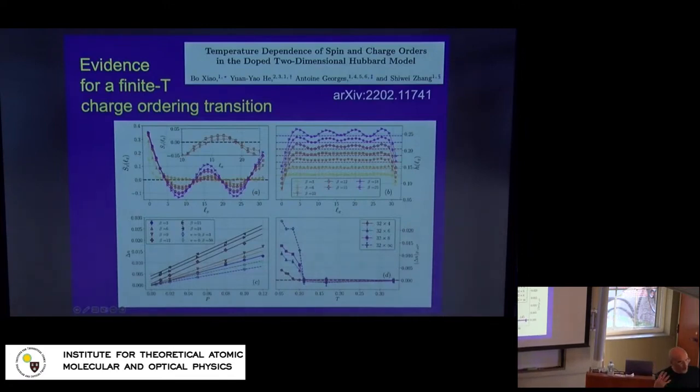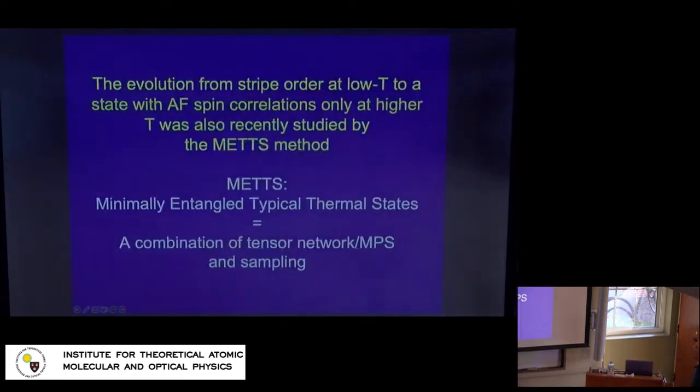So we need to cool a little bit more, and this is something that is going to happen. Okay? So that's the message. According to this work, and more work is needed on this, there is indeed a finite temperature transition where the stripes melt. Okay. And this is, by the way, also something. Yes, Karen? What's going on with the spin order in the stripes? I'm coming to this. Okay.